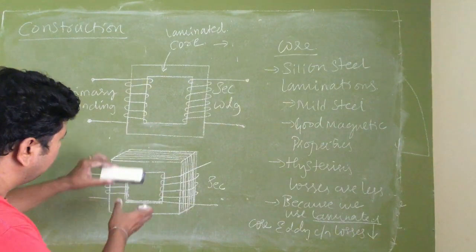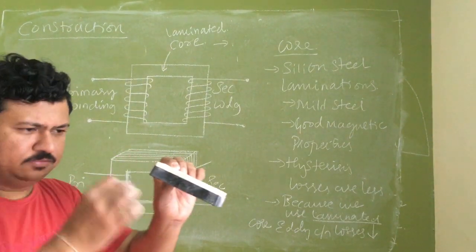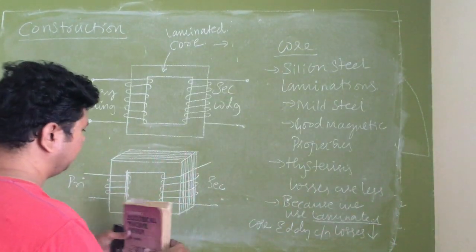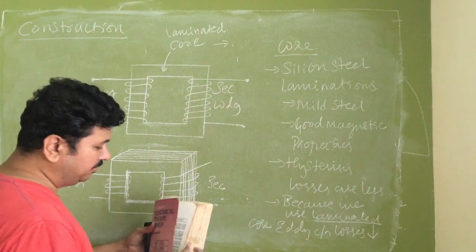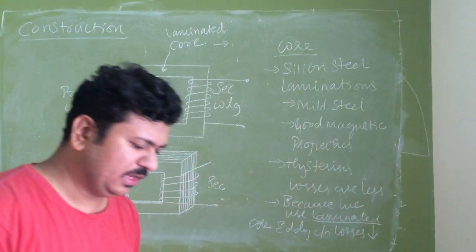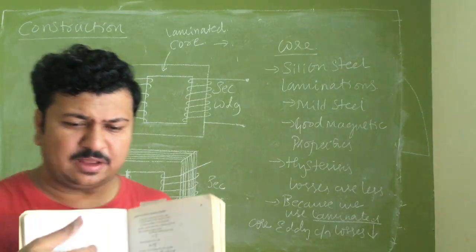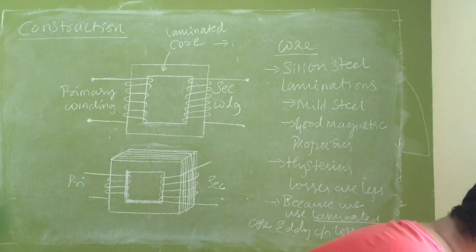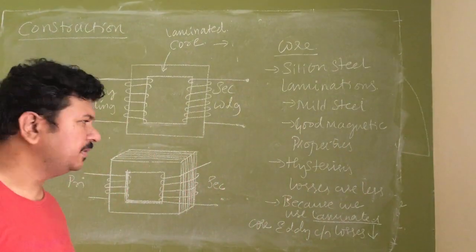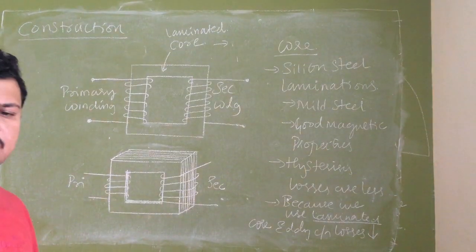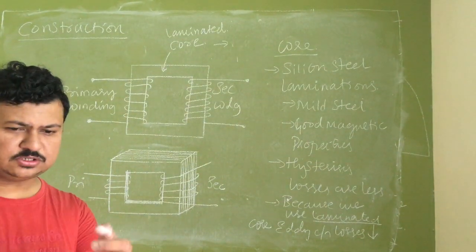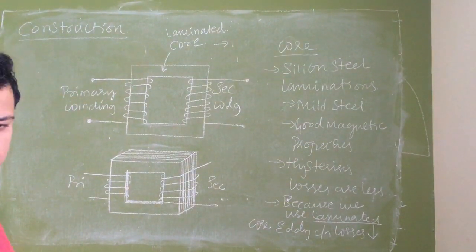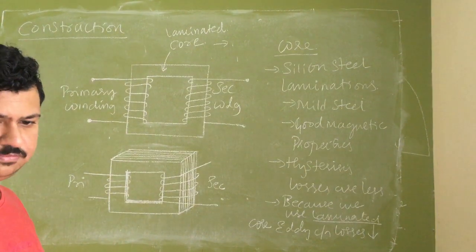So this thickness of the core is not obtained with a solid magnetic material. It is obtained using laminations. You can see the laminations here. And between this lamination and this lamination, I will be putting an insulation. If the laminations are not insulated from each other, then the purpose of reducing the eddy current losses will not be served. It will be as good as a solid core itself. Generally we use a varnish insulator for insulating between two laminations.